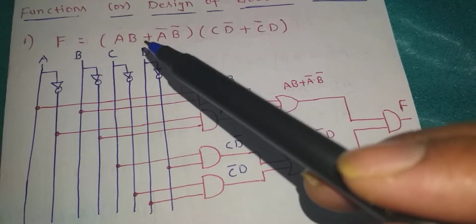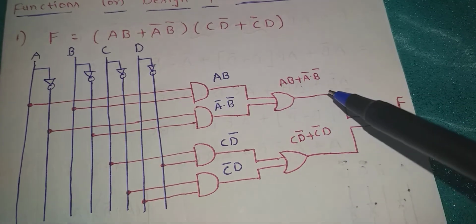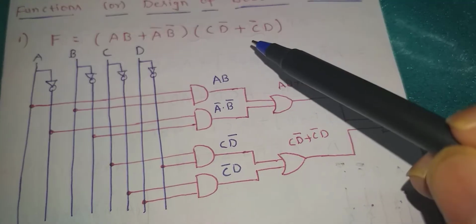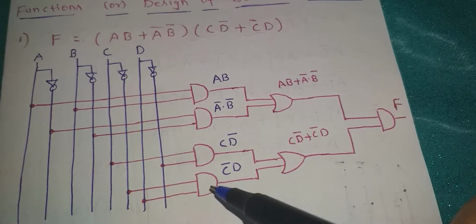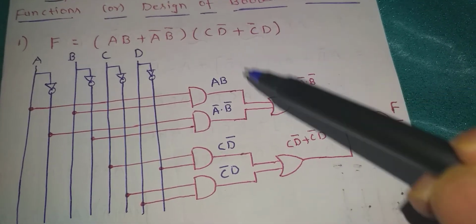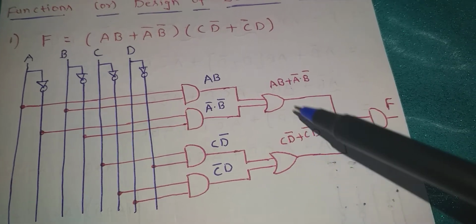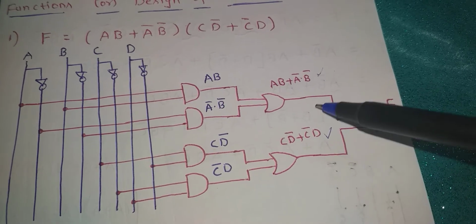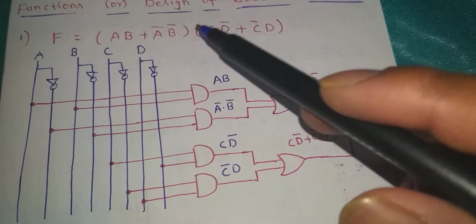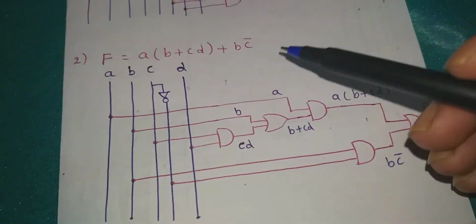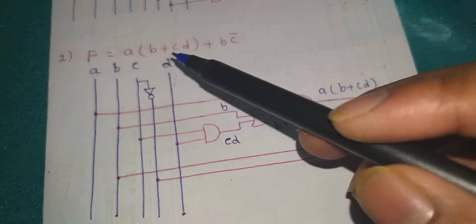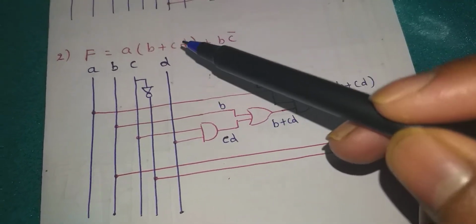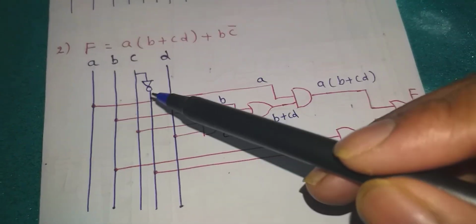Then these two should be connected to an OR gate, and I have taken an OR gate. And similarly CD bar, therefore I have taken the line from C and D bar, and I have taken C bar and D, and these two should be connected with a 2 input OR gate. Then this and this should be connected to an AND gate since it is a dot product. Now if you observe this one, once again there are 4 inputs, A, B, C and D, and only one input consists of its complement, therefore I have taken this.